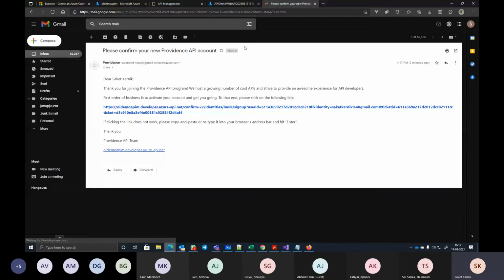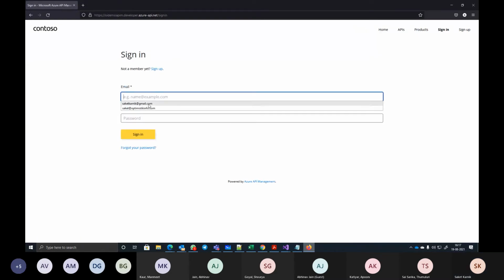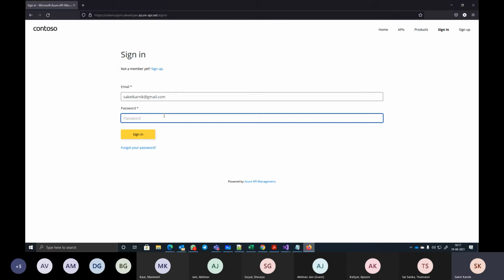There it is. I need to click on this link to get my account verified, without which I'll not be allowed to log in. Once I click that link, the account will be termed as verified. And here, then I can say sign in with this ID and the password which I gave during registration.